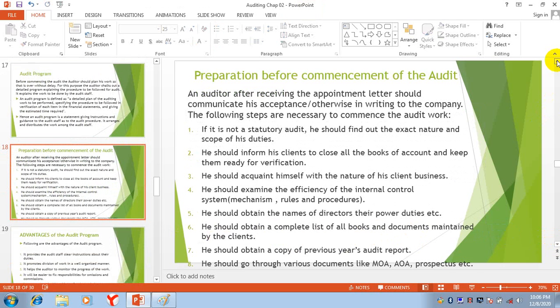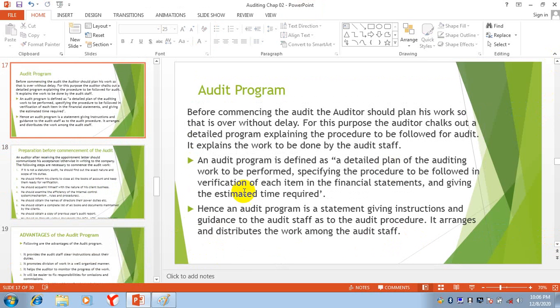So, in simple words, what is an audit program? It is a detailed plan. In this plan, we focus on the procedures to be followed in the audit, we allocate time for each work, and we distribute the work among the audit staff.